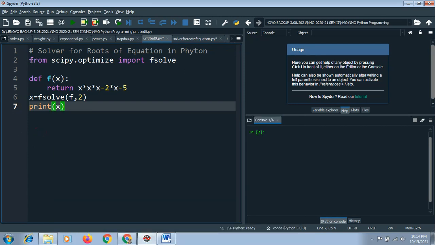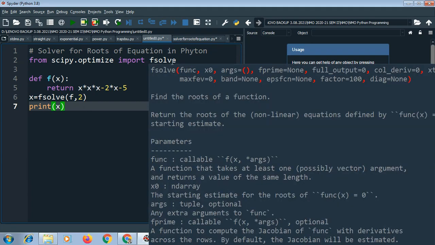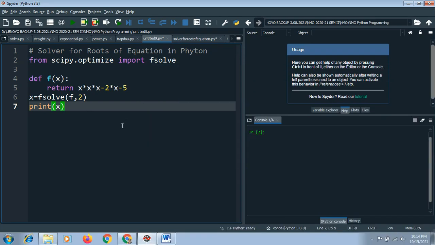The second line indicates that from scipy.optimize we have imported fsolve as a function, that is our solver. Then we have defined a function. Here we have taken the equation x cube minus 2x minus 5.